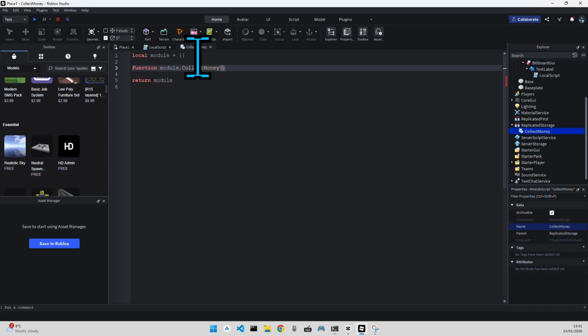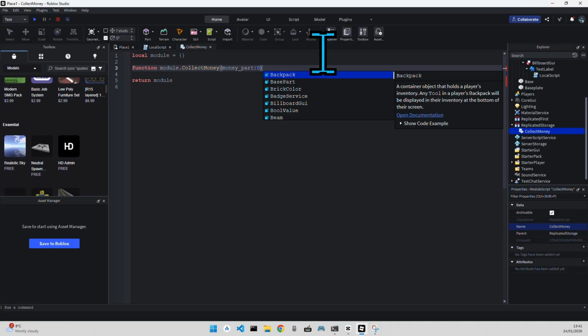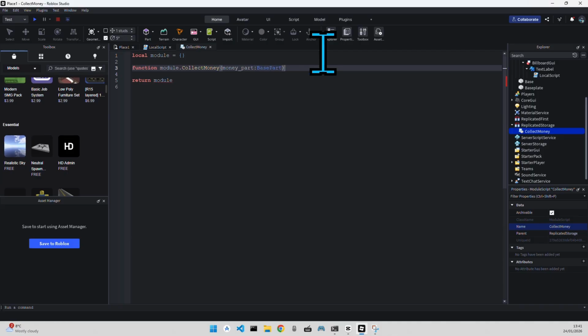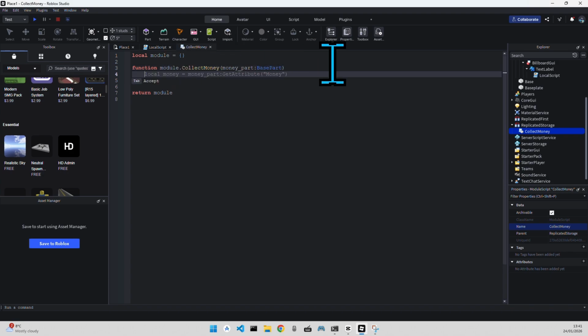Then inside of these brackets in CollectMoney, type in money_part colon BasePart, just like that, and click enter and it will automatically put end there. Then create a variable like this: local money equals money_part,